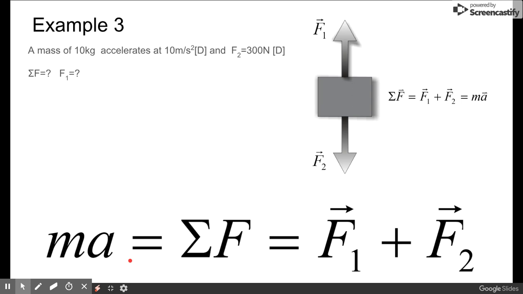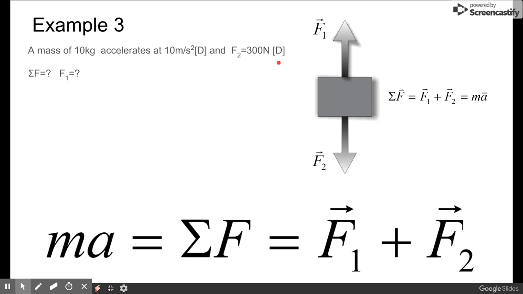Here's the third example, and this is the one that gets the hardest. You got to remember, this is calculated from the individual forces. This is the behavior we're going to see. For some reason, if I write F equals ma, everyone knows what to do. But the minute we write this one, sum of forces equals F1 plus F2, for some reason, students forget this side here. Okay? So let's say I say a mass of 10 kilograms accelerates at 10 meters per second squared,